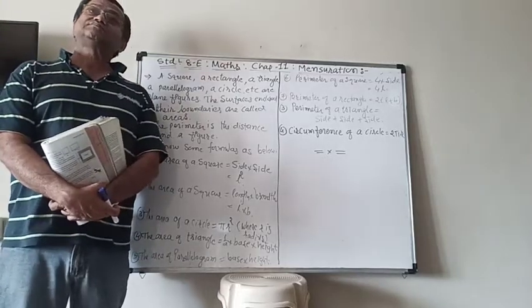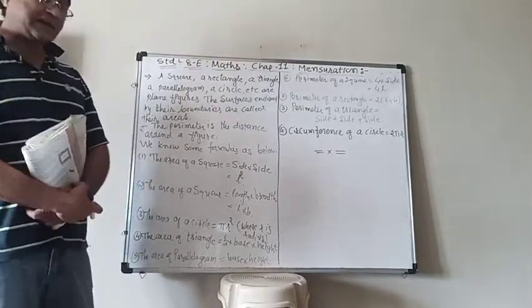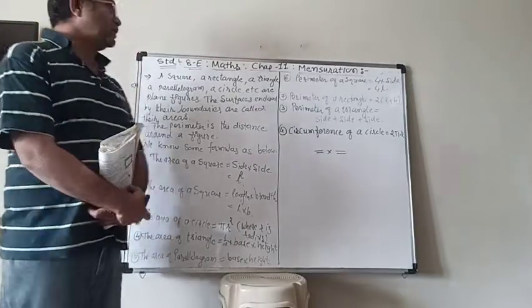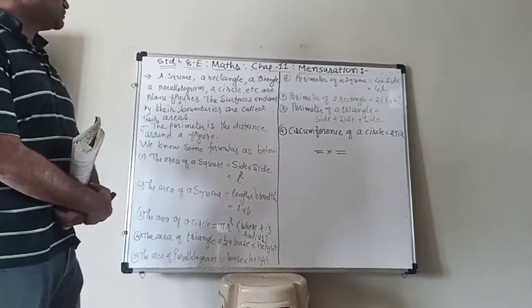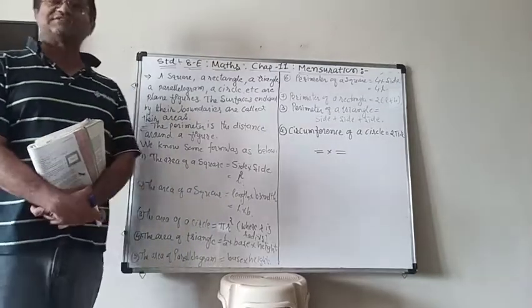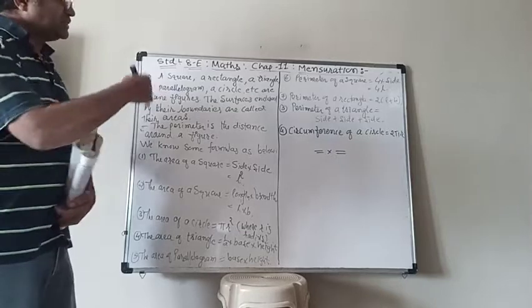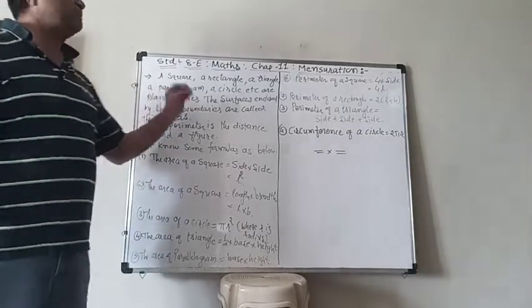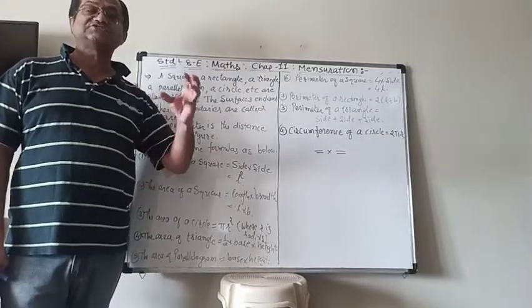A square, rectangle, parallelogram, circle, etc. They are the plane figures or the two-dimensional, and their surfaces are enclosed by boundaries, and that is known as